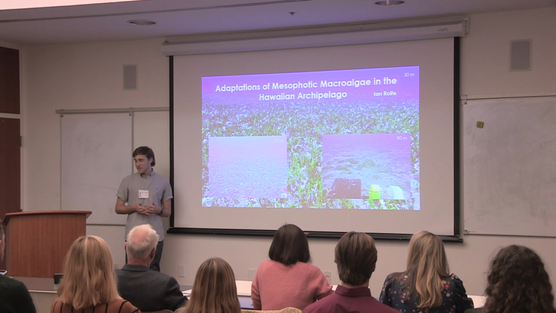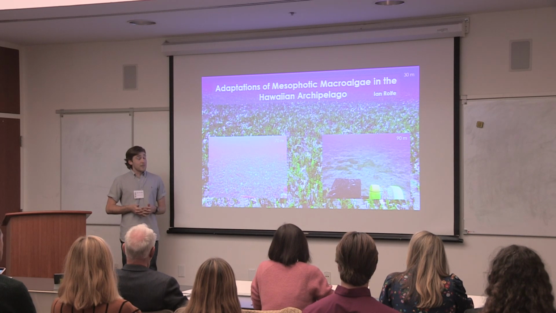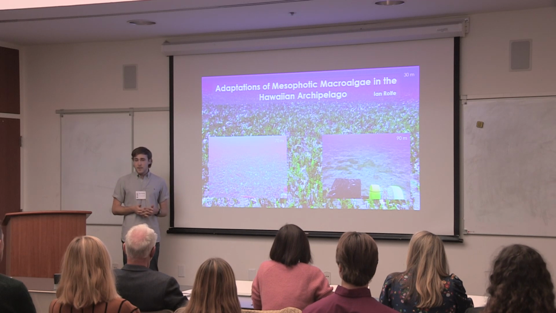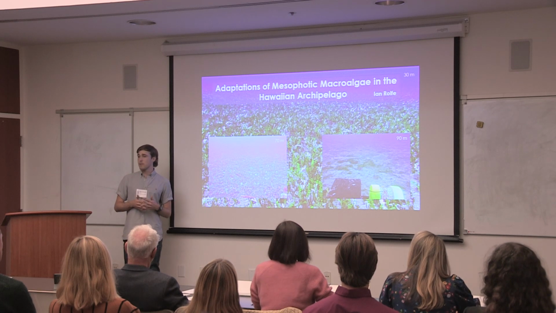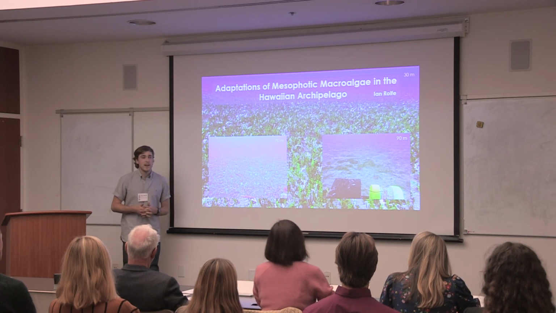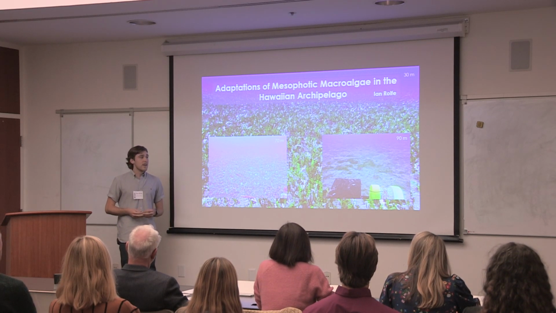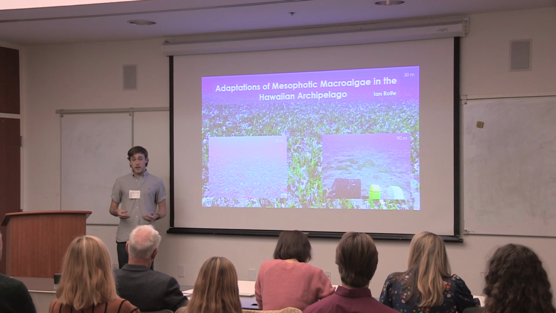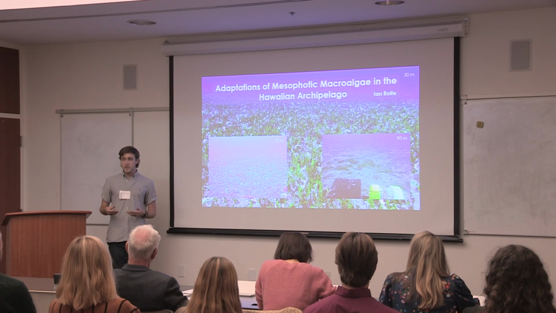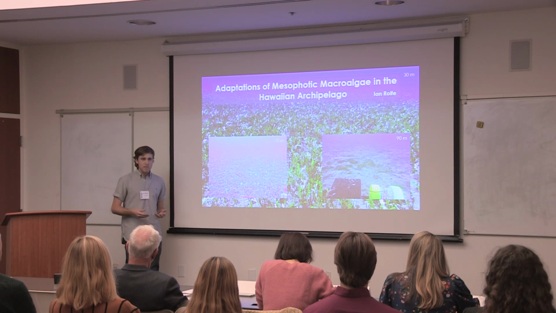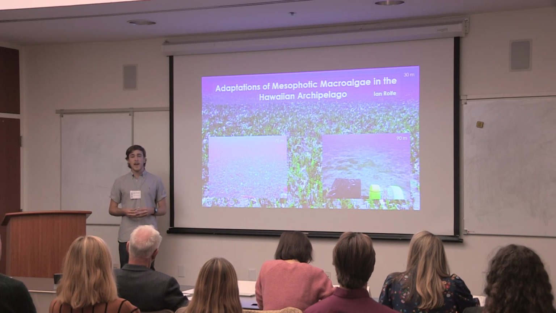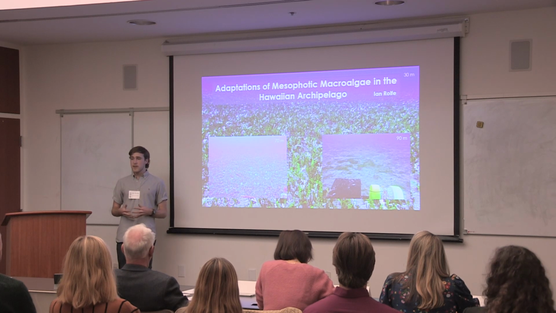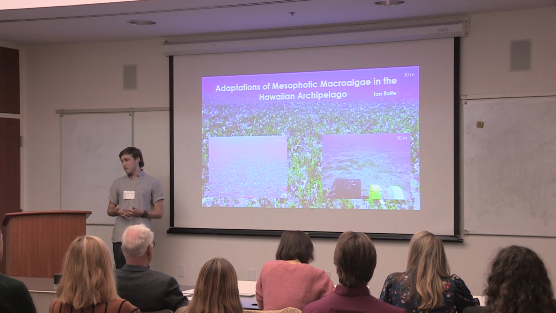Mesophotic coral reef ecosystems are located between 30 and 150 meters depth. And though corals play an important role in these habitats, in many Mesophotic regions, macroalgae are more abundant. Macroalgae, or seaweeds, are similar to land plants in that they require light to create energy and provide habitat, shelter, and food for the animals around them.